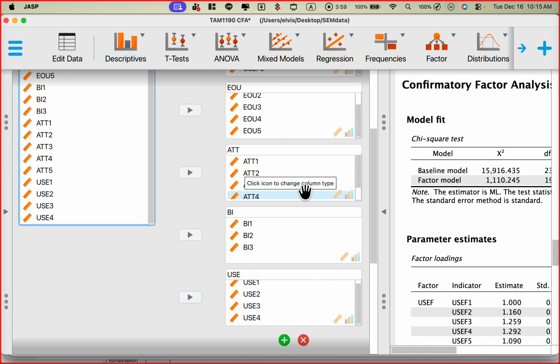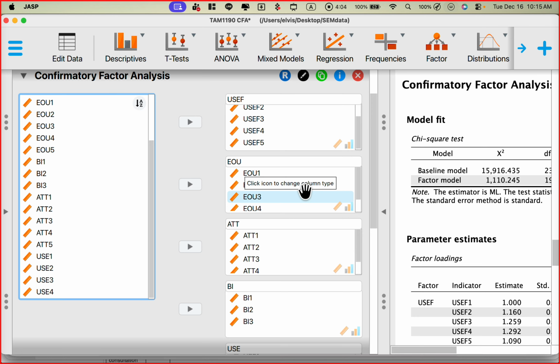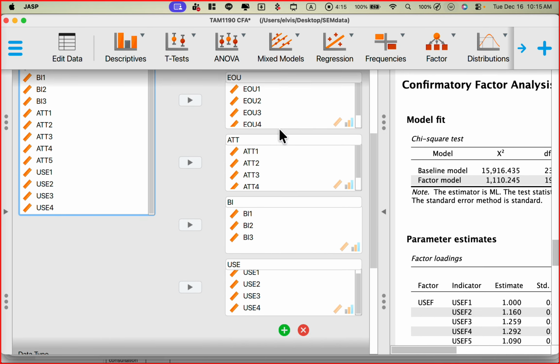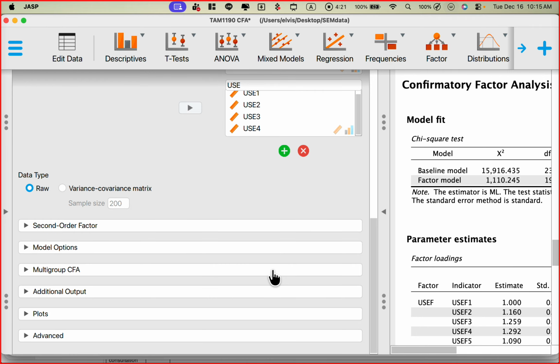Now, we already specified the measurement model. This is called the measurement model. It uses indicators to measure the factors of the construct. So we have 5 factors: usefulness, ease of use, attitude, behavior intention, and use. Then next,